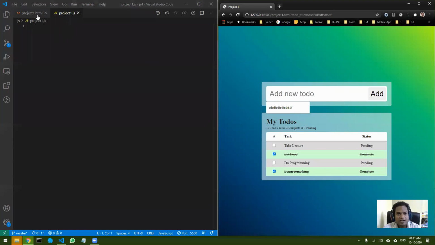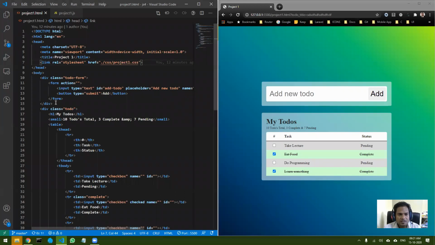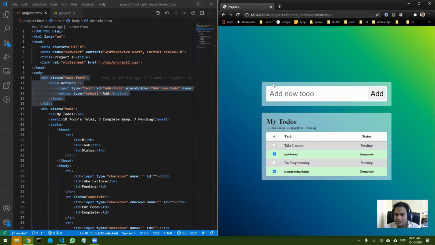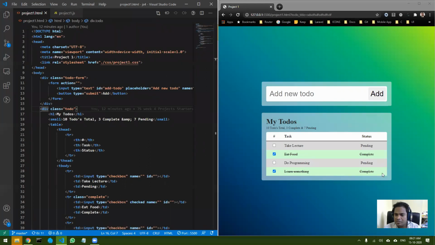If you look over here, you can see I have two divs, one to-do form, that is this particular box, and then there is a to-do div which is the below div. Inside the to-do div you can see a form is there, and inside that form there is an input type text with an ID add-to-do. This is very important, I have given an ID. If I have an ID, then I can use query selector to get the element. So let's try to get that.